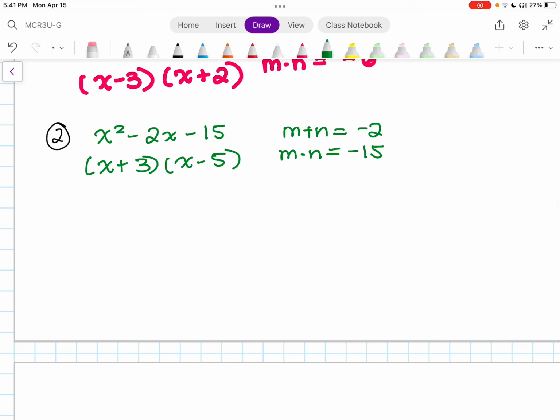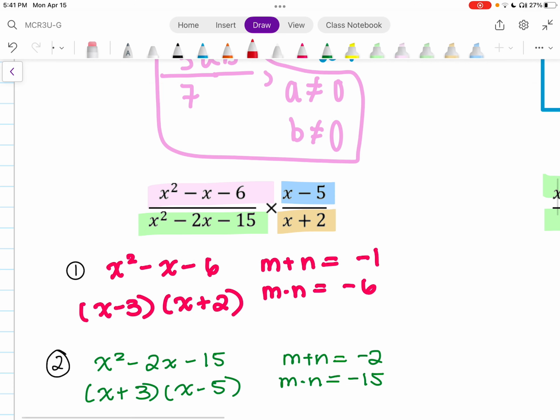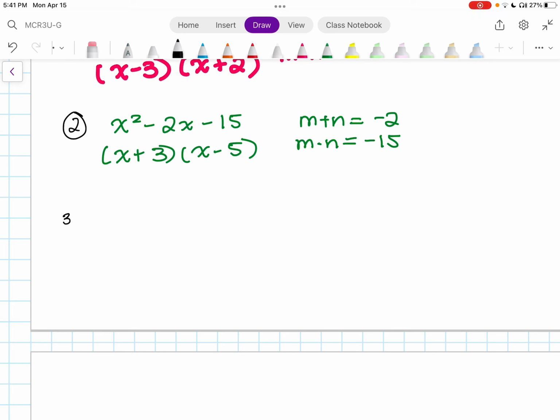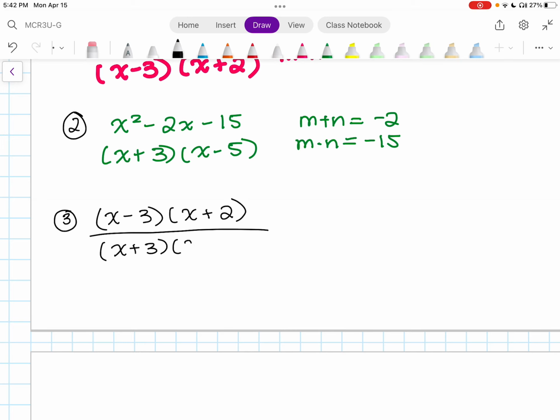The rest of them, we don't really need to go ahead and do any simplification because x minus 5 you can't factor any further, and x plus 2 you can't factor any further. So let's just go ahead in our third step over here, put them all together, right? So we have x minus 3 times x plus 2 divided by x plus 3, x minus 5, all multiplied by x minus 5, x plus 2,